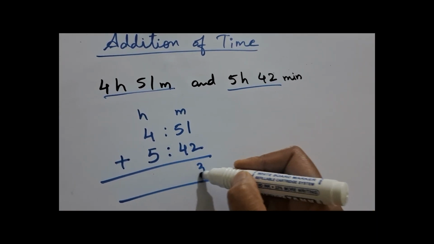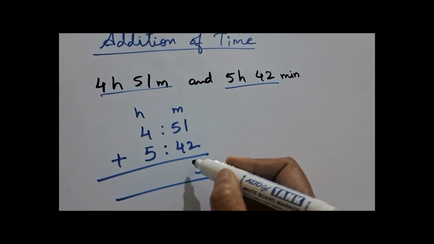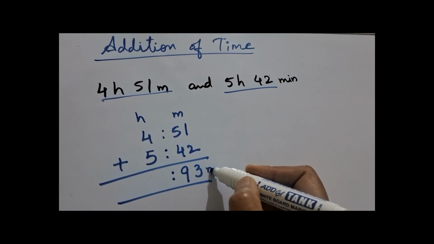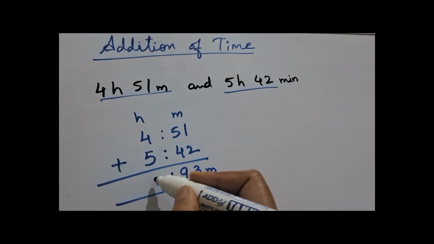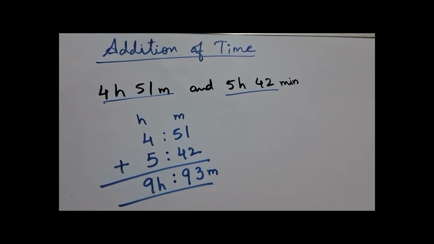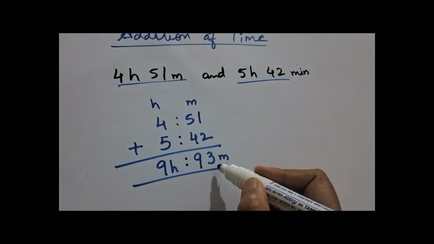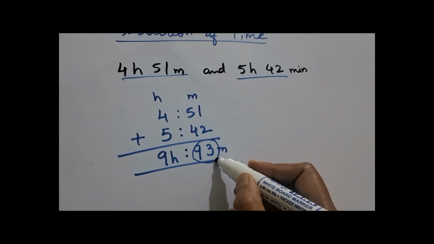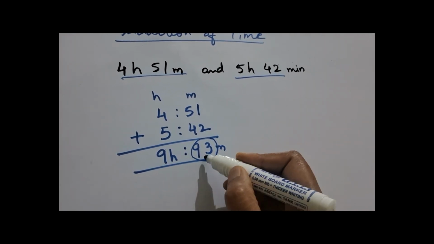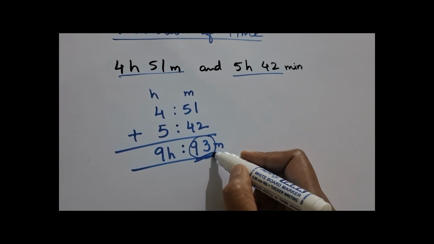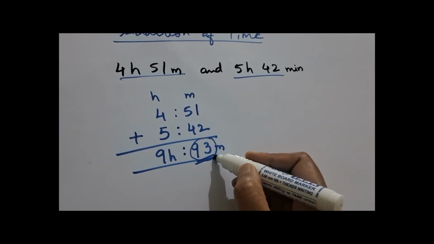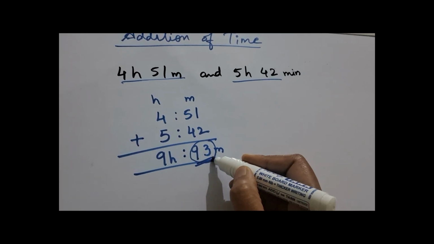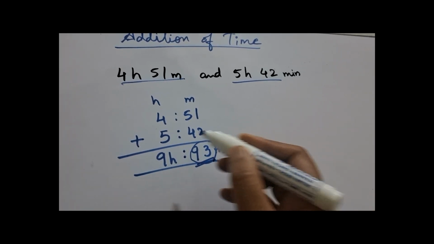Minutes we got 93 here, and in hours we got 9 hours, right? Now we know that in this minutes, 1 hour is there, isn't it? So whenever you get the minutes place more than 60 minutes, you have to subtract 60 from it, and that 1 hour you have to shift to